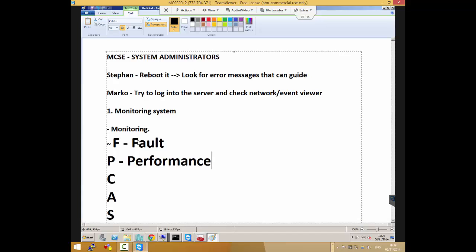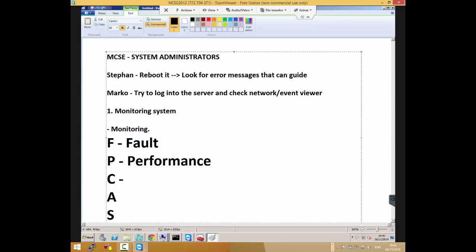I like frameworks a lot. In IT, many people complain about frameworks, but I like them because you don't necessarily have to follow everything line by line, but they give you a guideline. That guideline, you can fit into your environment. So I can take this framework and say, what aspect of my new server do I want to monitor the performance of? Maybe my network.